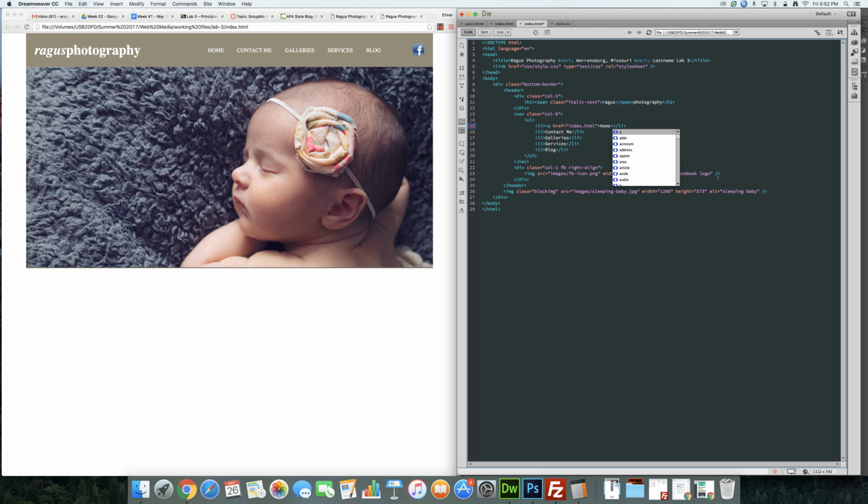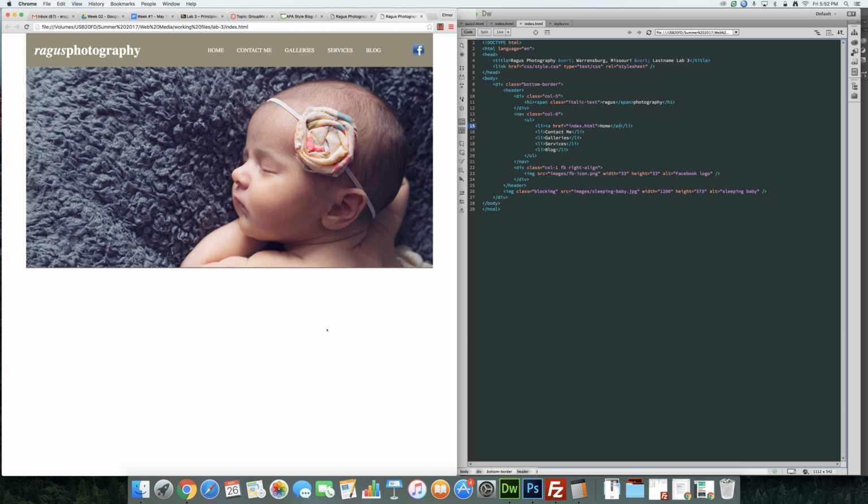Then we'll close this anchor tag right after home. Now we've created a hyperlink out of that text. I'll save that, refresh my preview, and now you'll see that the default display for hyperlinks is what's going to